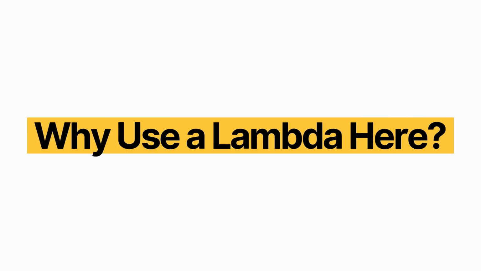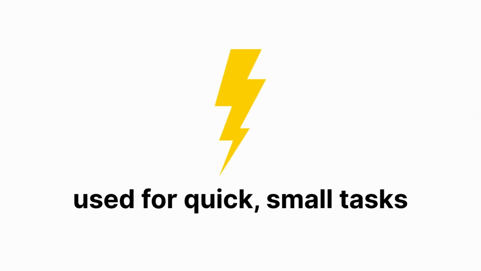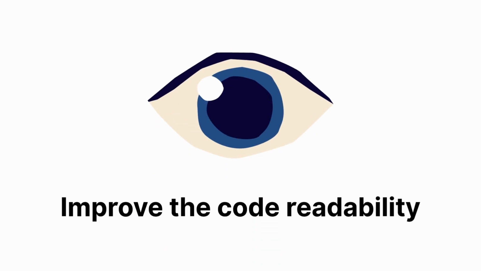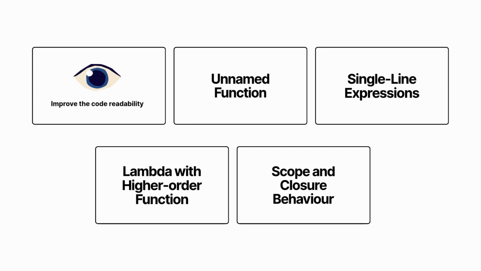Lambdas are anonymous functions used for quick small tasks, perfect when you only need the function temporarily. In sorting, you often want to just say sort by this attribute, and lambda lets you write this in a single line without clutter. It improves code readability by keeping the sorting logic inline. But that's not all, because this is just the first of the 5 examples to show you how to use